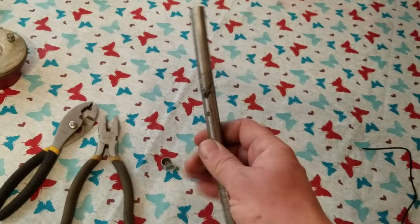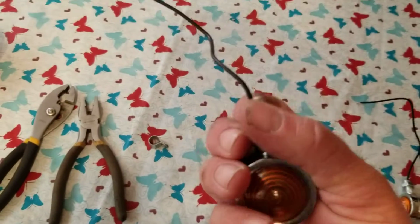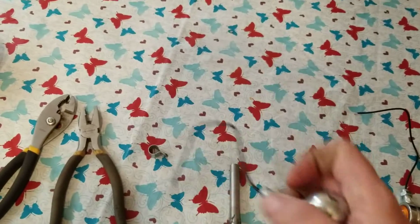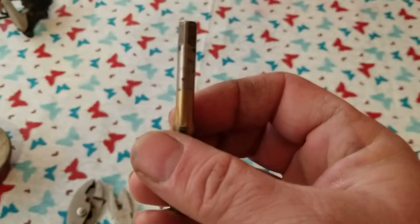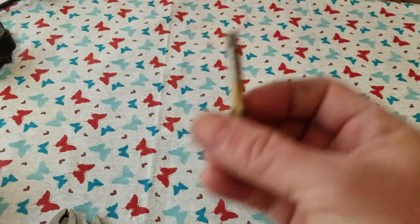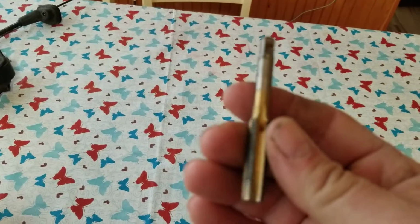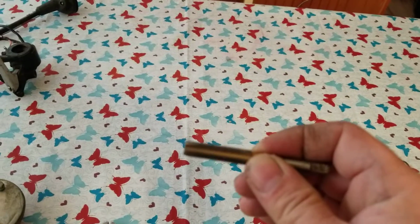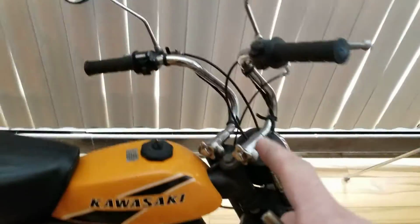This is just regular half-inch tube stock, and this is a regular metric thread. I think it's like 8 millimeter, 10 millimeter, something like that. I got the tap right here. I don't think we can read that tap. Well, anyway, I'll get the tap size for you, and I'll let you know. But this is the same tap. I think it's 10 millimeter. Yes, it is. 10 millimeter tap that I used when I tapped out the two mirror bosses,